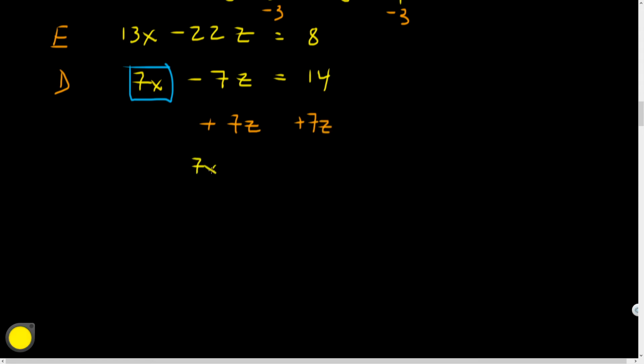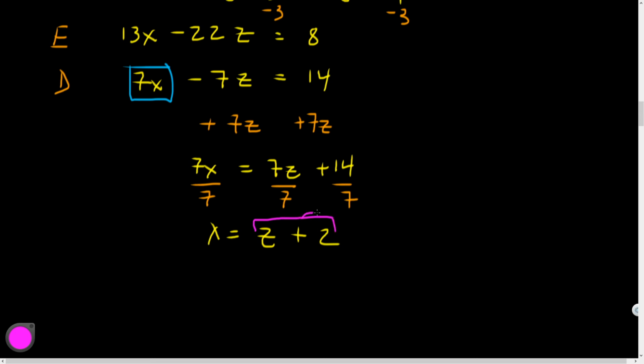So let's see, 7x equals 7z plus 14. And now divide by 7, divide by 7, divide by 7. And so x equals z plus 2. And you might be like, I still don't have an answer, and you're correct. But we do have an expression that is equivalent to x. And so what can I do? I'm going to plug this in here